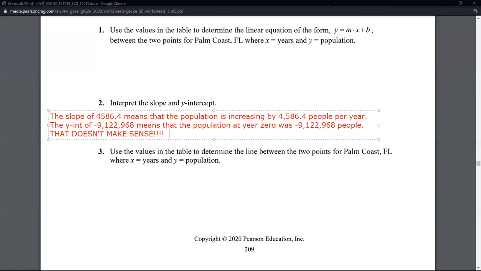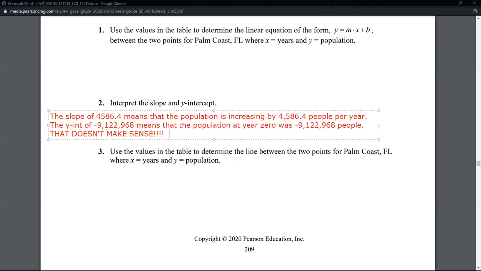I said last class that y-intercepts, when we're dealing with real models, do not always have to make sense. And I even alluded to the fact that we're going to deal with two versions of population dynamics, one where we just use regular years, so year 0 was 2,020 years ago. And sometimes we'll use a year since, like year since 2000, where year 0 would actually be the year 2000. Year 0 in the model relates to the year 2000 then. And it doesn't have to be year since 2000. I can make a model where it's the year since 2005, or the year since 1984, or the year since 2020.